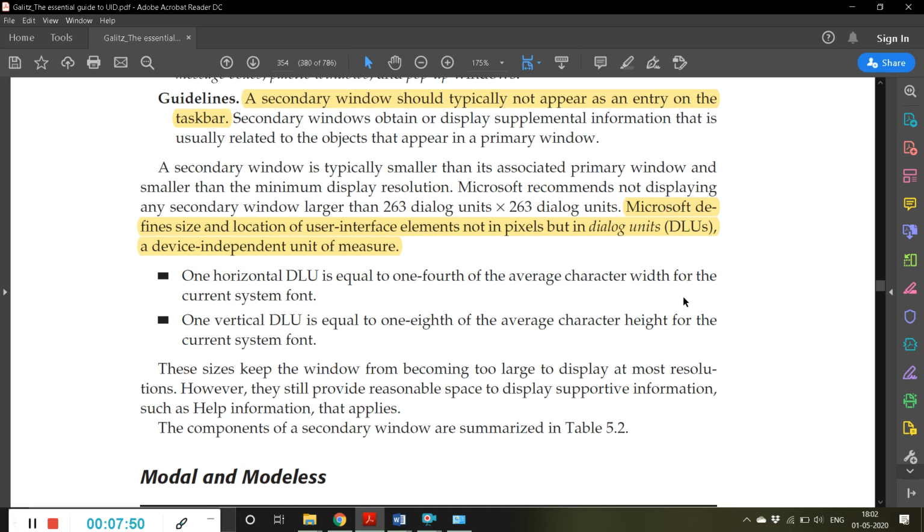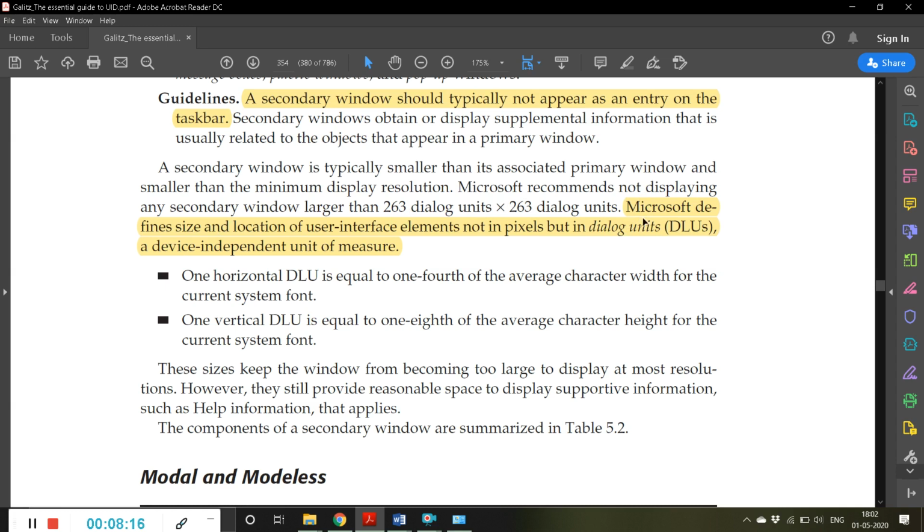Then, as I told you, we are going to discuss what a DLU is, basically dialog units. A secondary window is typically smaller than its associated primary window and smaller than the minimum display resolution. Microsoft recommends not displaying any secondary window larger than 263 dialog units by 263 dialog units.